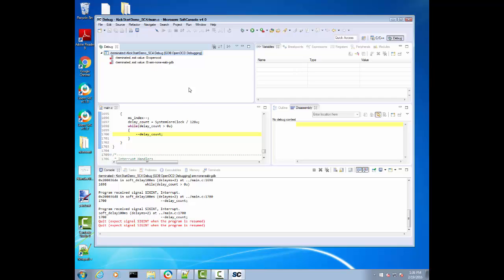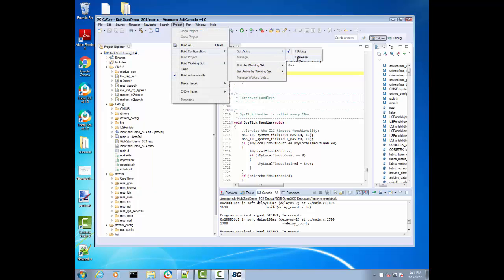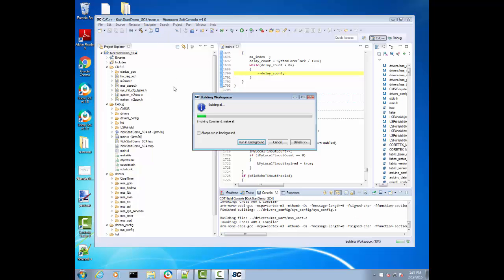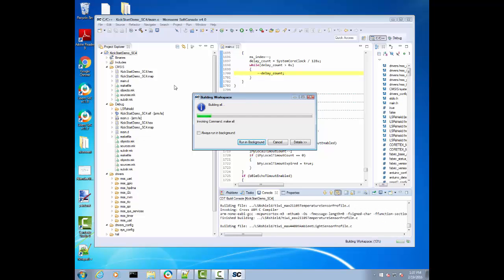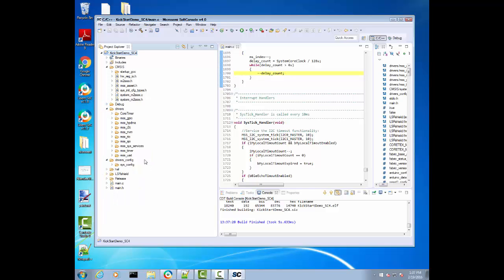So I just demonstrated how to use the debug build configuration and debug from the embedded SRAM. Now if I wanted to, I could go back to the C++ perspective, and I could change the build settings. So I'll change the build configuration to release. The release build configuration is going to use the envm linker script. So I'm going to build the project. I can click the build all icon. When I build the project this time, it's going to build an executable that will run from the flash memory,